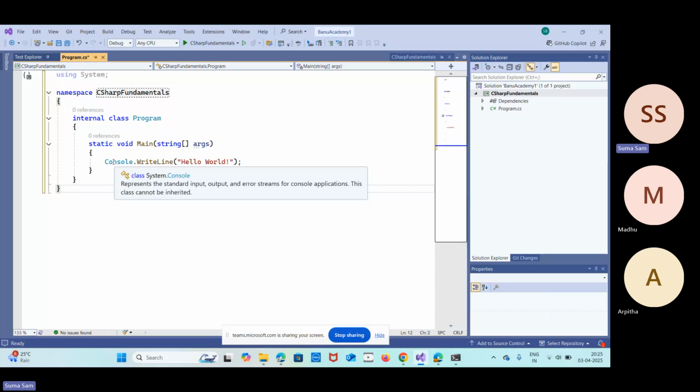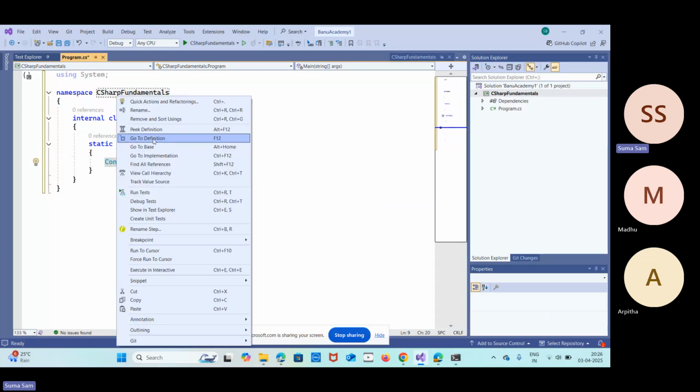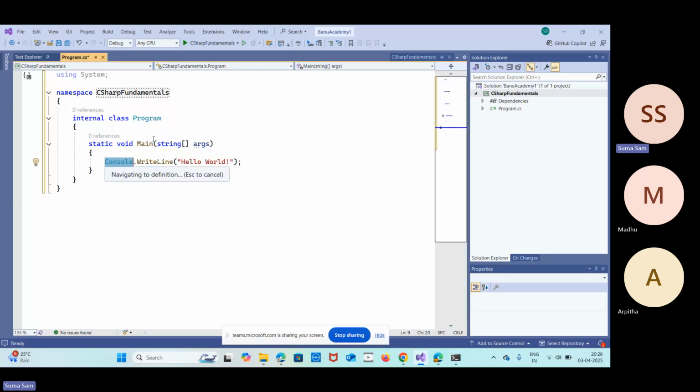So this Console is coming under System. If you can see here, Console is a class, so that is the reason it is represented here as a class. Console is a class and it is present under the System namespace. So System is a namespace which has a collection of classes, and in that, Console is one among them. If you just left click here, right click and go to definition,